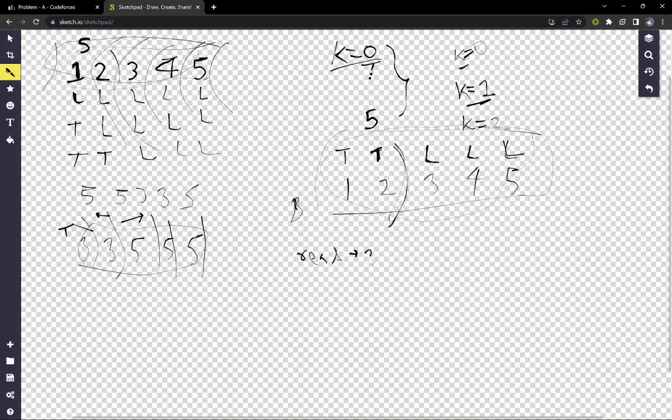Now we have to find if this condition is satisfied or not, meaning whether all the people who are telling the truth are actually telling the truth. So the first person is saying that there is at least one person who is telling a lie. We know that the liars are three, which is greater than or equal to 1, so he is telling the truth and